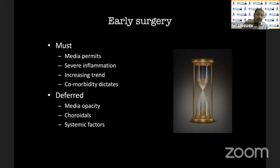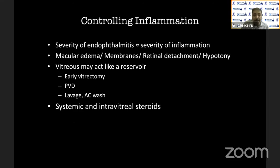If the media opacity is such that you cannot operate, then of course you defer it. If you have choroidals, you may wait for a couple of days, or if there are certain other systemic factors in the patient, then you may want to defer the surgery. Severity of endophthalmitis is basically the severity of inflammation. So inflammation is to be controlled with the utmost